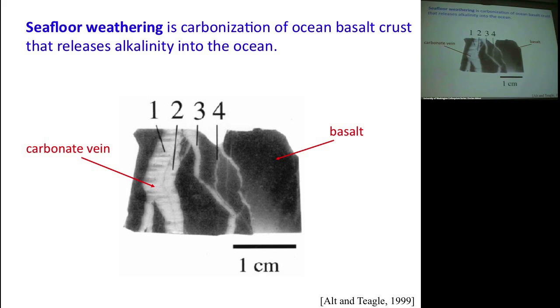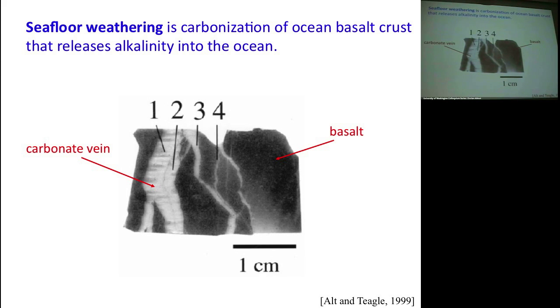This is what I'm talking about when I talk about seafloor weathering. You have some basalt that you took from the ocean basement, and it's got little cracks in it. Into these cracks, there's a hydrothermal circulation and a percolation of seawater, and then it reacts with the basalt and precipitates out carbonates. And so you can see these veins. The thinner ones are considered younger, the older ones are thicker, and they can eventually merge together. The idea is you can store a huge amount of carbon in the ocean basalt, and then it can get subducted later.